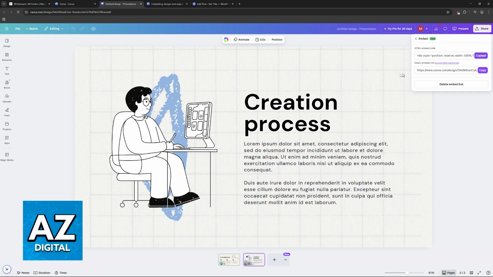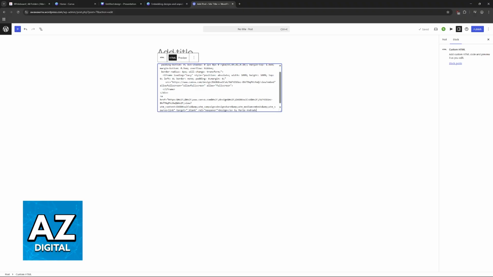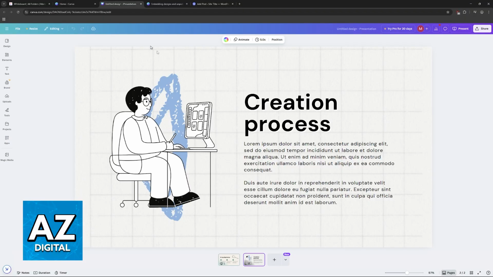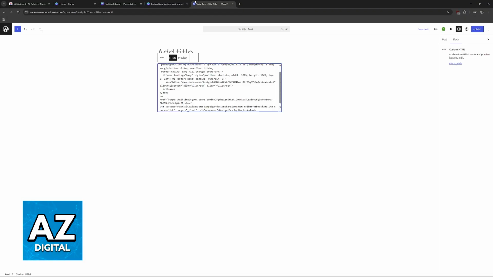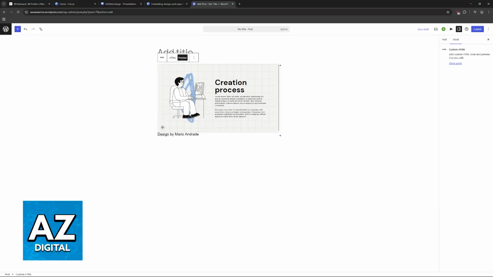So copy this link. And now go over to your specific platform where you want to convert and use this HTML code. So for example, WordPress. In here, I'm going to choose the option to add a new block and choose HTML. Now, if you paste that code that you acquired from Canva when you go over to share and then embed, it is going to be available on your page. So if I switch over to preview, as you can see, the slides are now visible here.